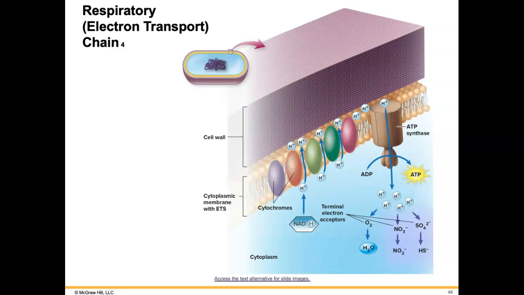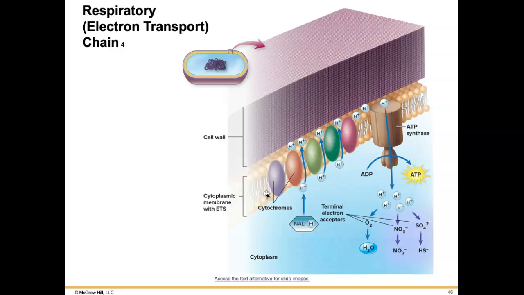So this is the ETC, right? Electron transport chain. It's in the cytoplasmic membrane in bacteria. Here you see the cytochromes, and you have NADH hanging out. It doesn't really show any FADH, but as each NADH comes along, it hands off the electron, and as the electron is handed off, the hydrogen passes over the membrane, and this starts to wind up